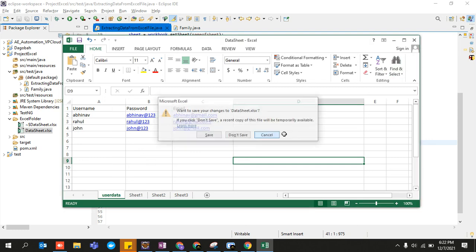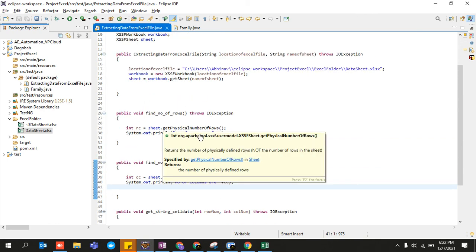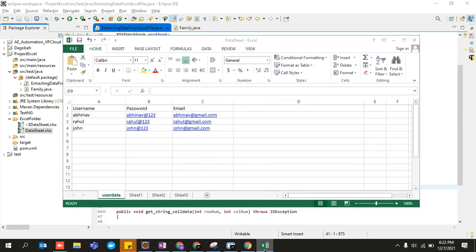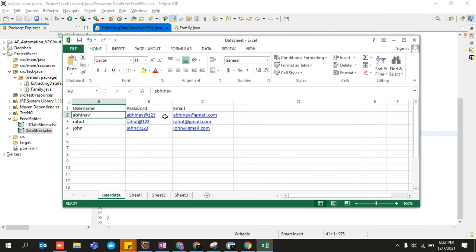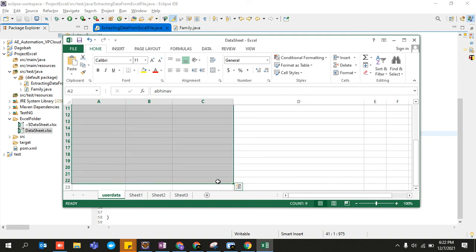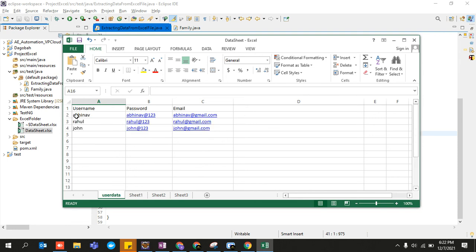So on to my next class, guys, on to my next lecture, what I am going to do is simply call them. Currently what we saw is that we were calling them row by row, one by one, like initially we printed only Abhinav at 123, Abhinav at gmail.com. But now with the help of a for loop and with the help of data provider, we are going to grab all these values at once. If there were 1,000 rows and 1,000 columns like this, with the help of a for loop we would get all the data at once, not one by one, line by line. I hope you are getting my point, guys.